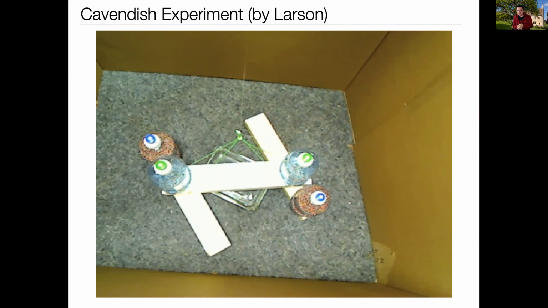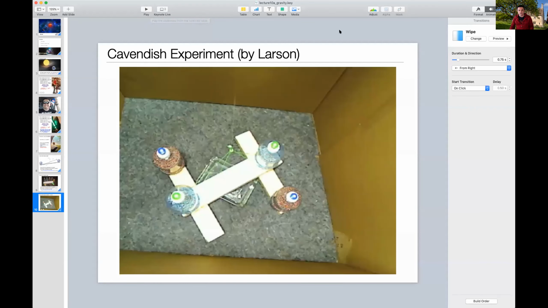So that is the Cavendish experiment. It shows that all masses absolutely are attracted to each other. So you sitting there on your desk, you're attracted to your laptop, your laptop's attracted to you, you're attracted to your coffee cup, your coffee cup's attracted to you. It happens. But on large scales, the biggest masses are the ones that dominate. So that's why you and I are attracted to the Earth, and we don't notice that we're attracted to the iPad sitting on our table.